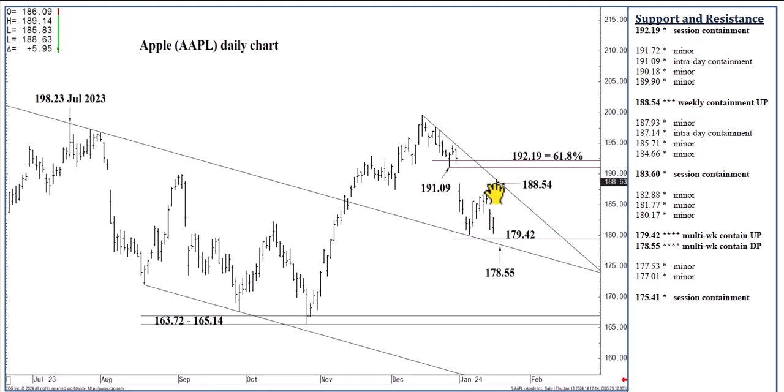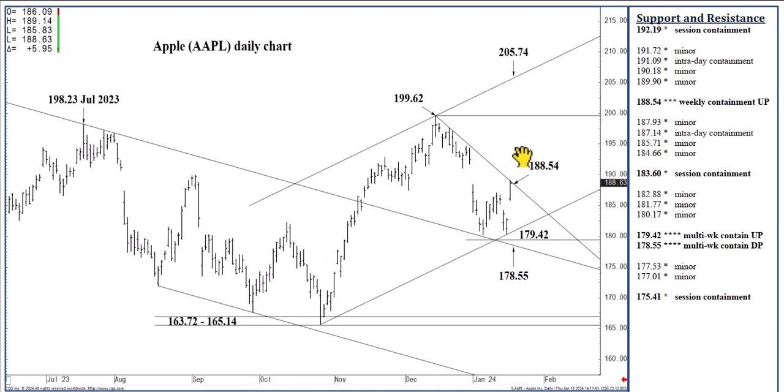But if we do close today above 188.54, I do think that by the end of March, we can rally into the low 200s, the 205.74 formation. If we do close today above 188.54, a 2 to 3 week rally to 199.62, where we could double top for a week and fall away perhaps. But really, I do think that by the middle of March, over the next 2 months or sooner, we should make our way to the 205.74 rising channel top. So while we have these little levels all the way up, 192.19 in particular I showed today,